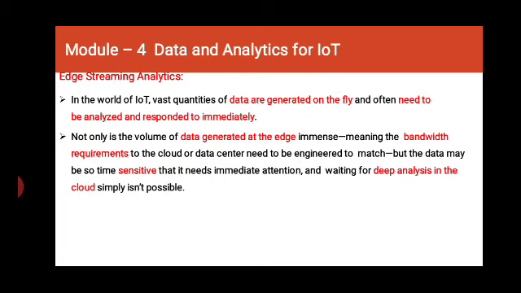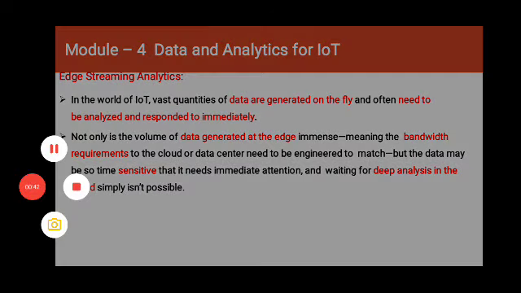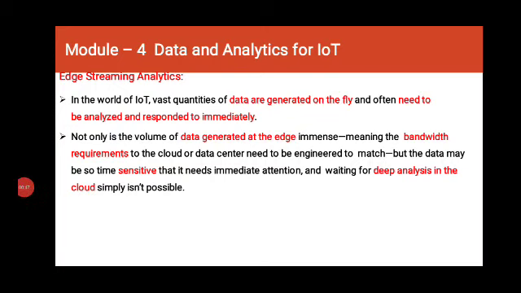In an IoT network, a large amount of data is going to be generated, and there quick and real-time responses are required. For such responses we need to analyze the data at the end devices, and we have to generate a response at the end device only. End devices are called edges in your IoT network. Now, to analyze the data, the end device should have the capability to analyze that data, and when you analyze the data at the end devices, that type of analysis is called